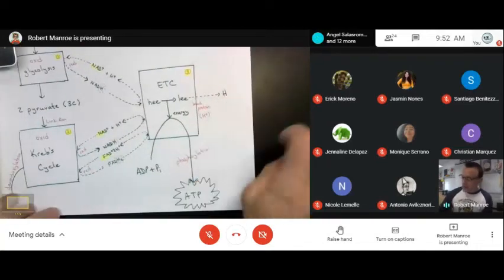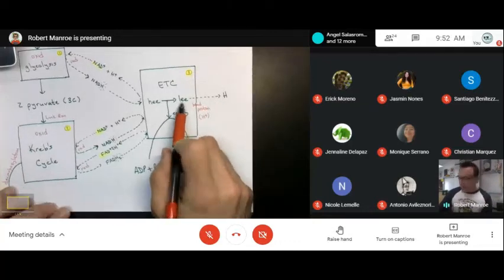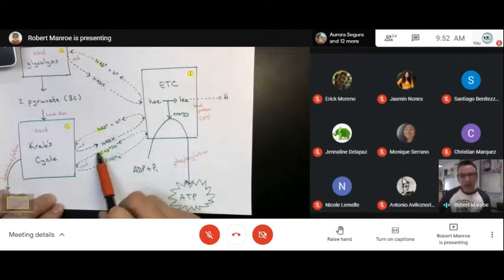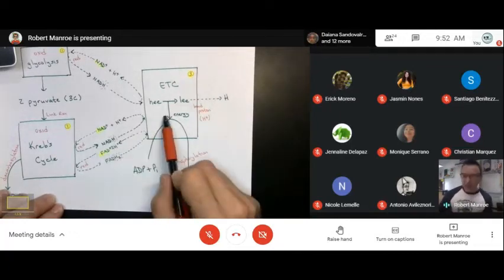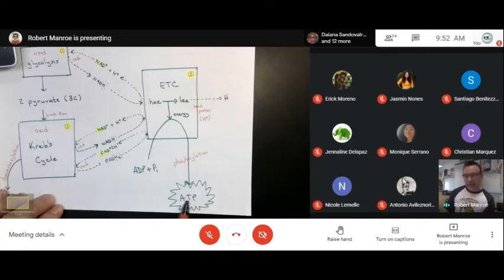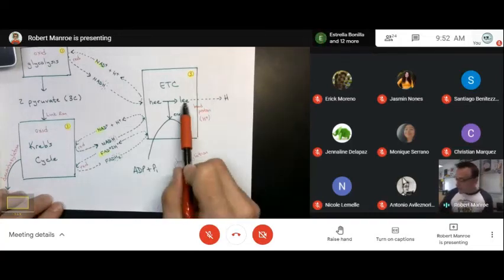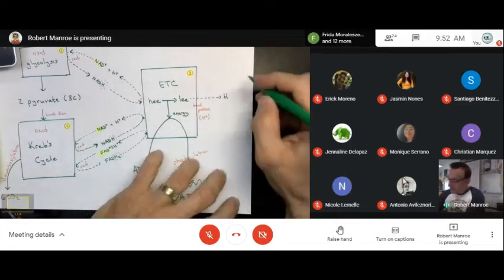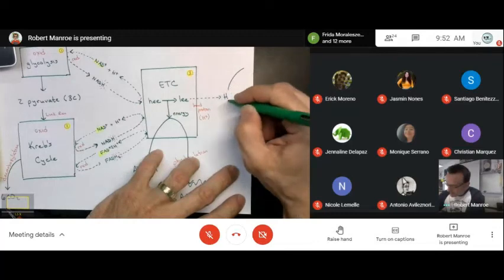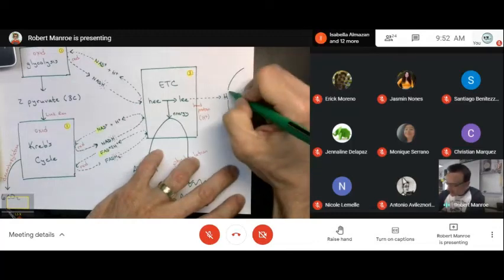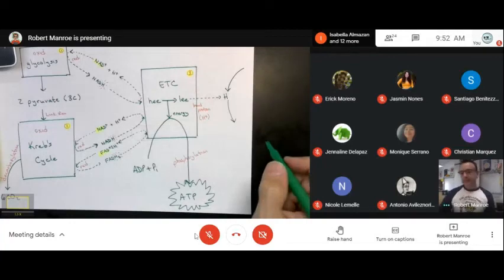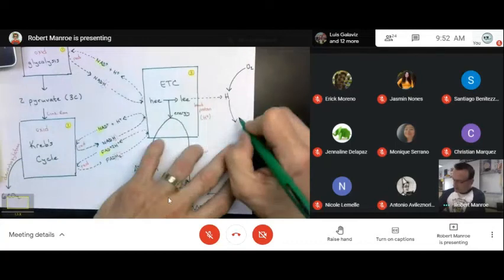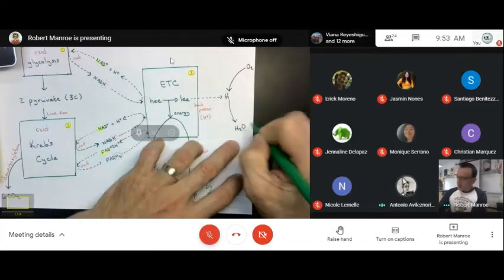All right, but you can't let this hydrogen build up. You can't let these electrons build up, because if you let these build up, then the carriers can't bring any more electrons. If the carriers can't bring any more electrons, then that shuts down ATP synthesis, okay? So you have to remove these from the process. How do you do that? How do cells remove the hydrogen at the very end? Bond it to oxygen to make? Water. Water, H2O.